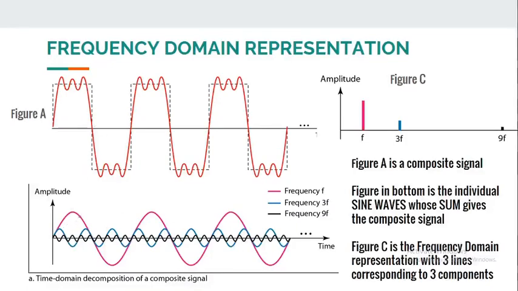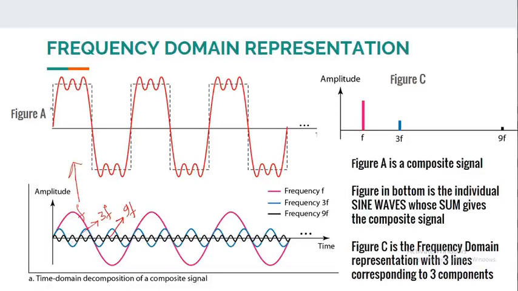If we combine three sine waves, one is of frequency f, the other is of frequency 3f, this blue line indicates a sine wave of 3f. When the pink one completes one cycle, the blue one will complete 3 cycles. That's why the pink frequency is f, the frequency of the blue one is 3f, and the frequency of the black one is 9f. Its amplitude is decreasing. The amplitudes of these three sine waves are different. If they are added together, we will get a wave shape like this.